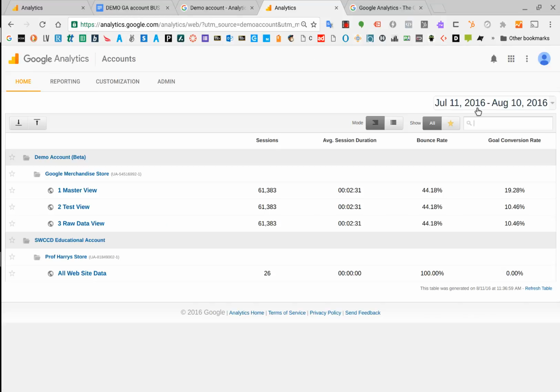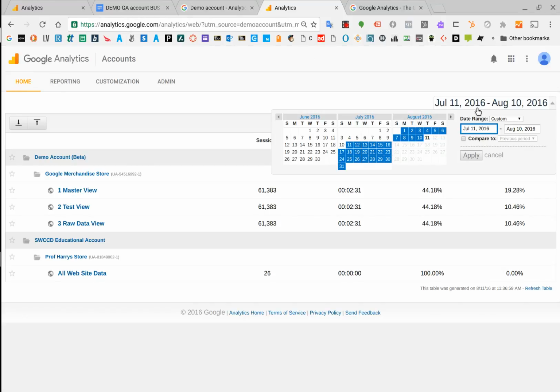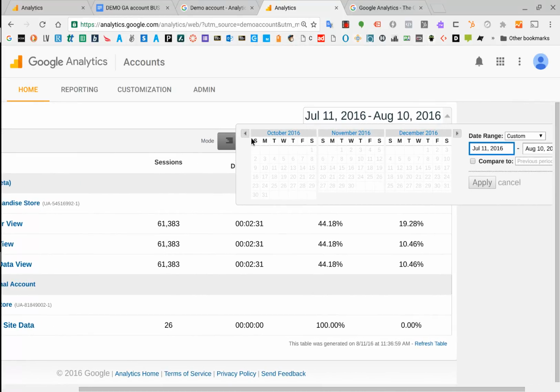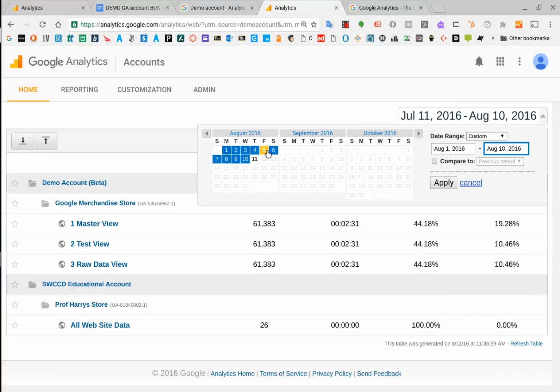And then we're going to go to the date. Now again, when you do this date range, this may be September, October, November. You may even be in a different year. And so what I want you to do, let's imagine you're in November of 2016. With this first blue box highlighted, you're going to scroll back. There's an arrow here, and I'll zoom in a little bit so you can see it real clearly. We're going to use the back arrow until we get to August, and we're going to select August 1st.